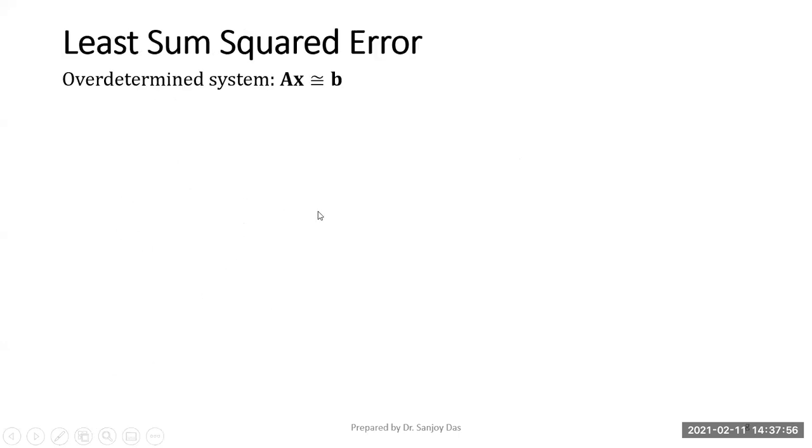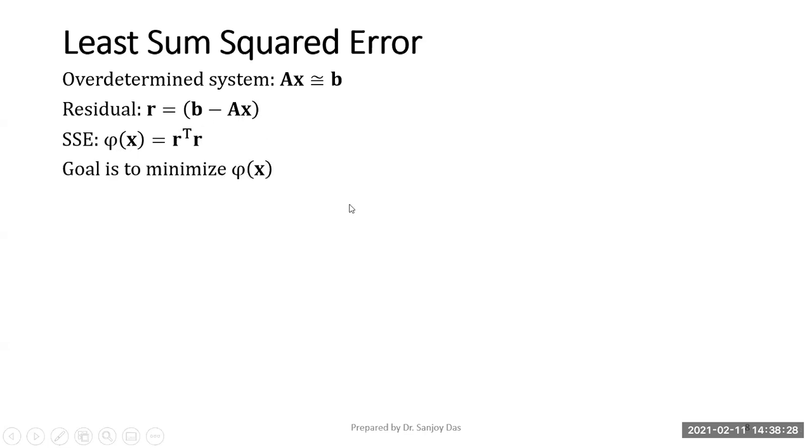And therefore, I'm calling this the sum square error, r transpose r. And what we want to minimize is the sum square error, SSE, phi of x. And that's why we call this method the least sum squared error. So we want to find an x to minimize this function phi of x, which is r transpose r. And since r equals b minus Ax,